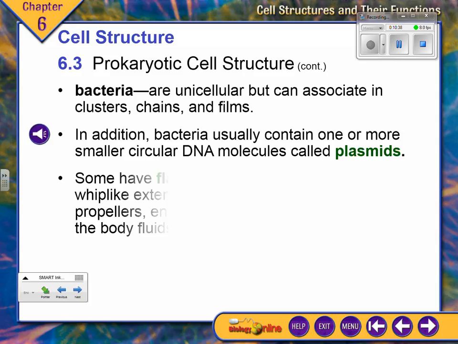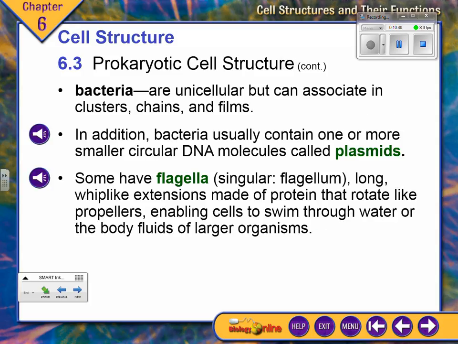The other cool thing they can have are plasmids, teeny little circular pieces of DNA. These are really cool. It allows the bacteria to share genes without really reproducing. If their body's not immune to a certain antibiotic, the other bacteria cell can come, and they have a little pili, like a little syringe, and inject a gene that their body needs. Sounds like genetic engineering to me. Bacteria have been doing it for millions of years. Billions, actually, of years. Okay?